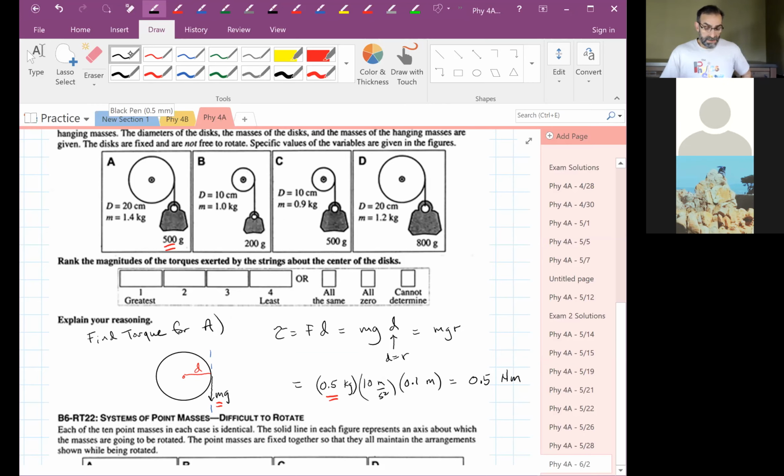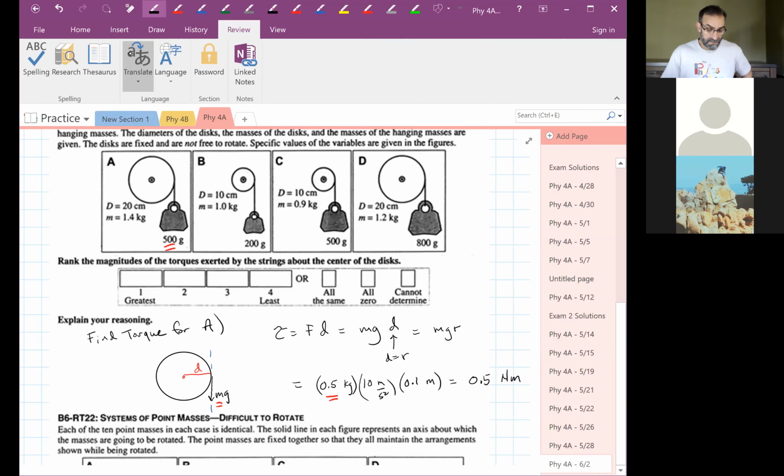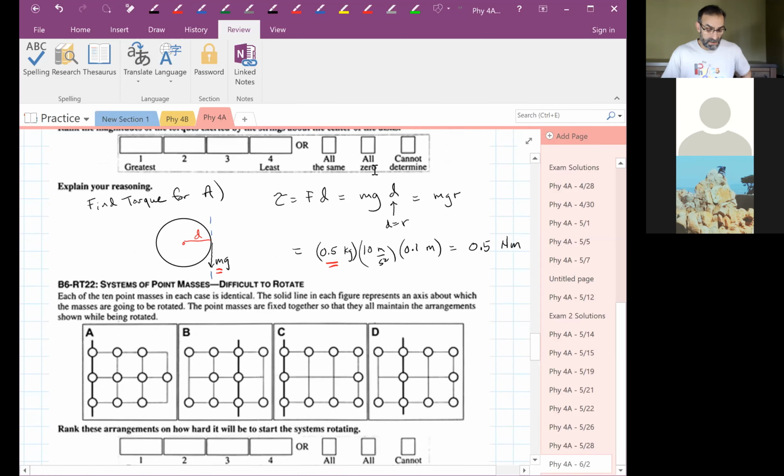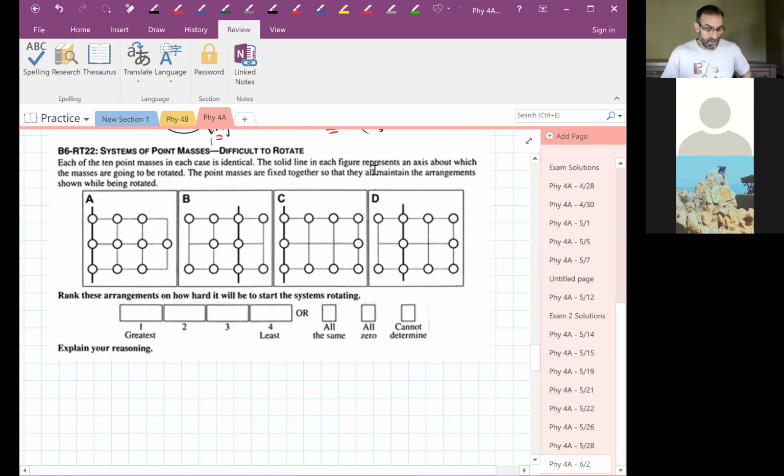All right, you can do the others later. They're the same. Let's move on. We'll do this one. But actually, let's rank them. What should we do? Should we rank them first or? Let's find